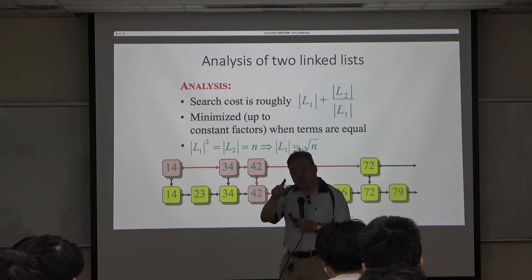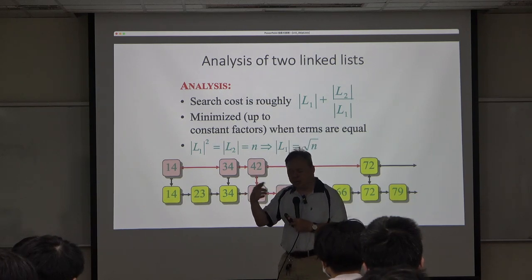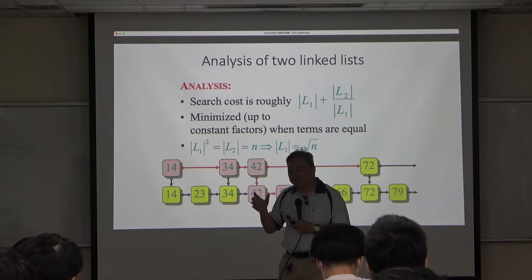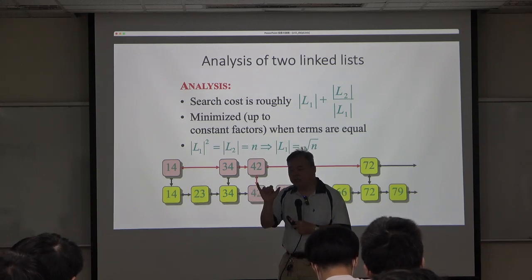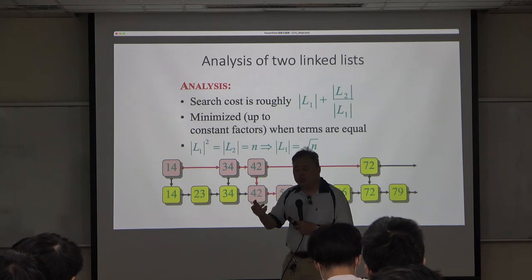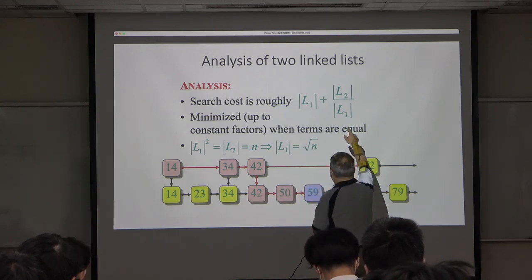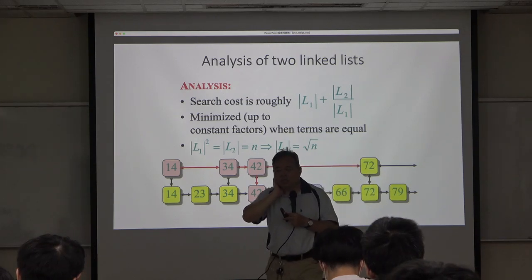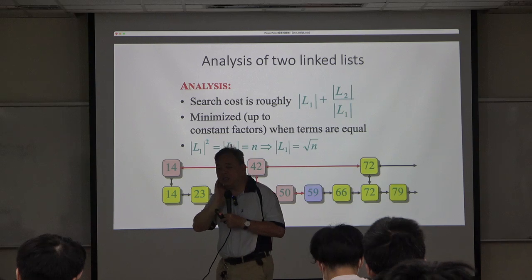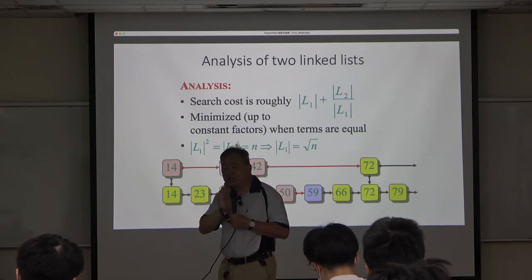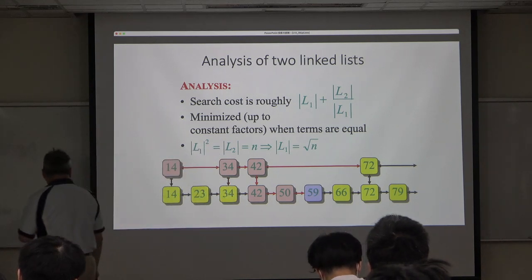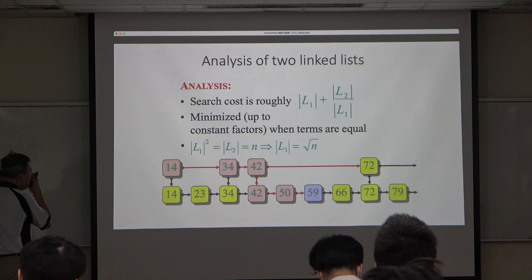In the worst case, you only need to go through those numbers, and you can conclude whether the query number is there or not. 你只要走过一个 interval 就好了，一个 interval 大概是 the size of L2 divided by the size of L1。这应该蛮容易看的。好，这个就是 search 的 cost。